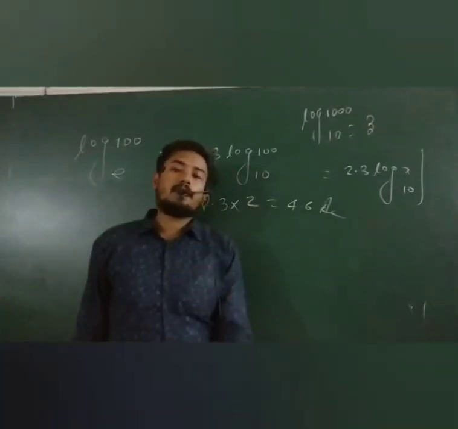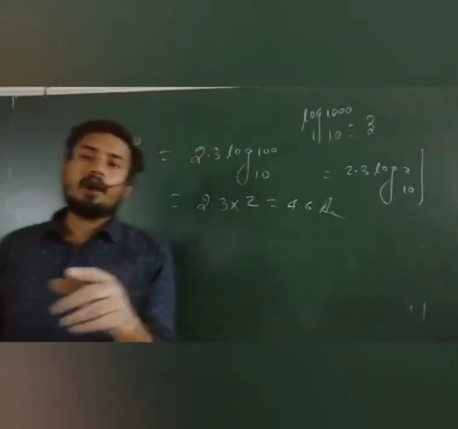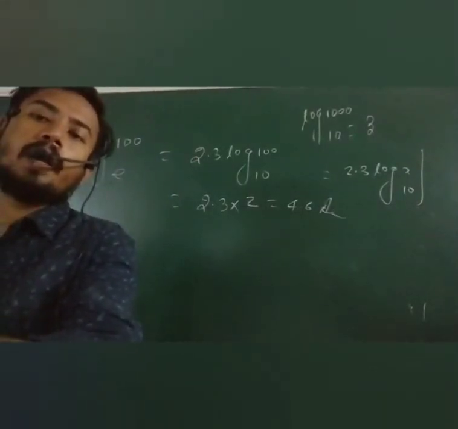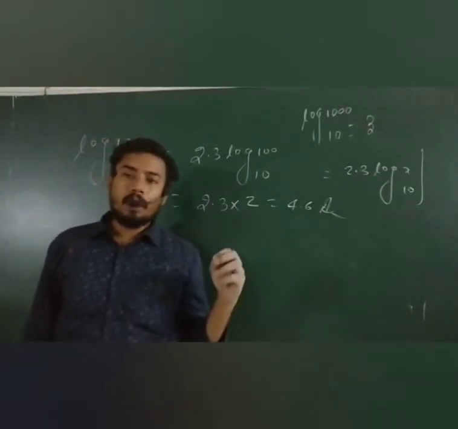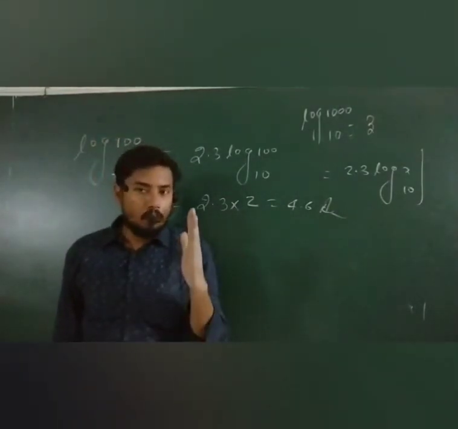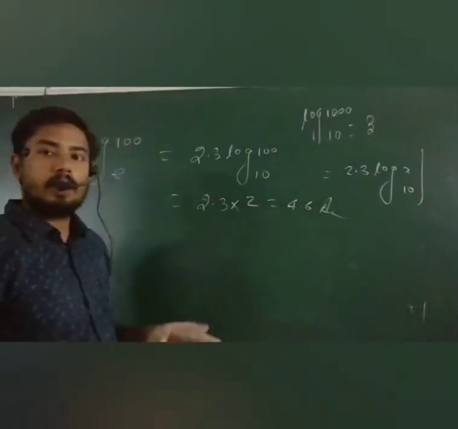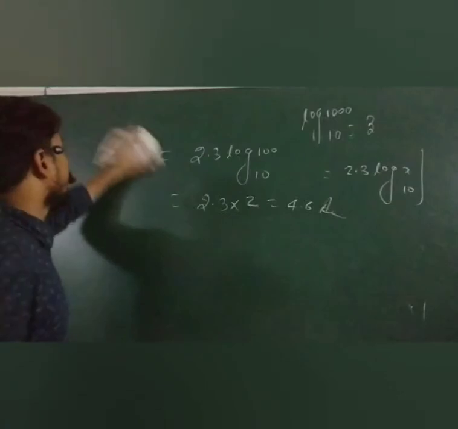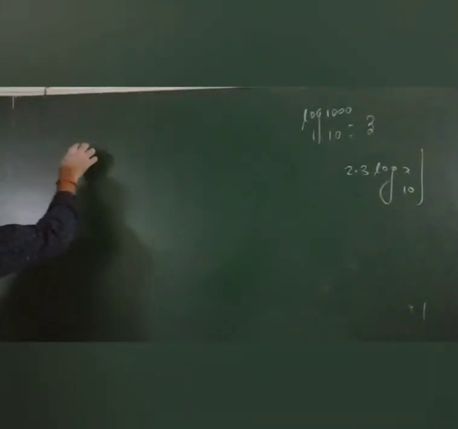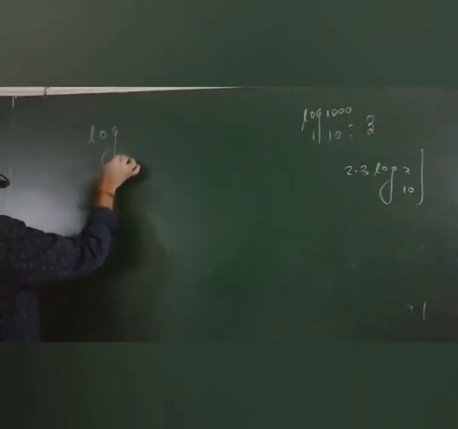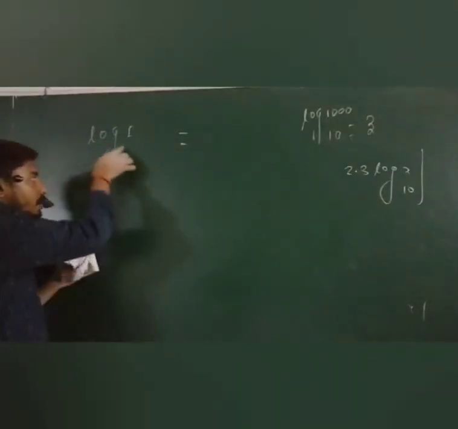So there are a lot of processes you can use to find these. Now we come to the next topic. You have to remember log 1 up to log 10, because in the question maybe they will not give these to you. I am going to write here, and you also set it in your mind. Like log 1. Suppose I am asking you log 1. Log means I am always talking about base 10. So tell me what will be its power.